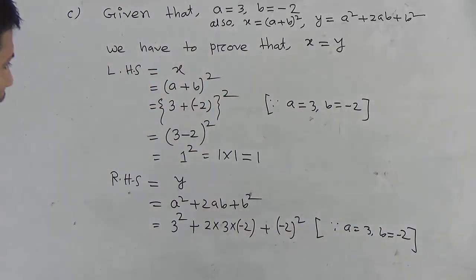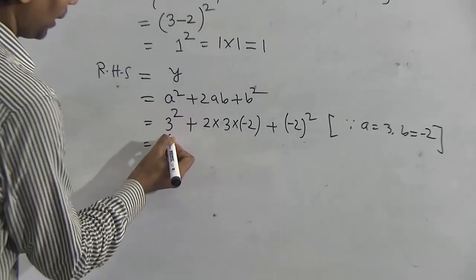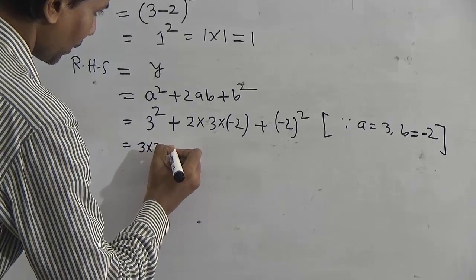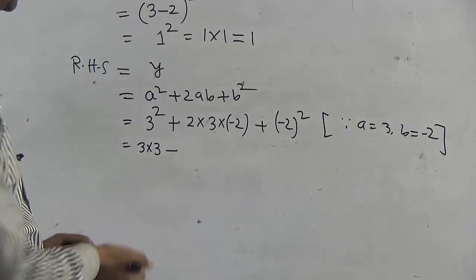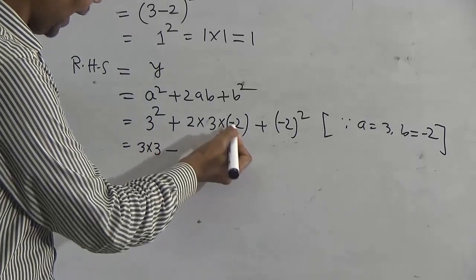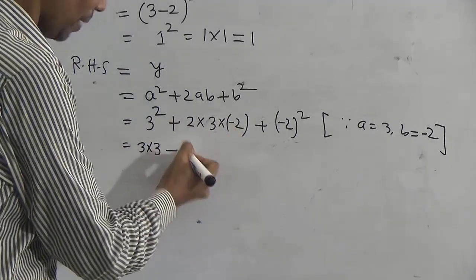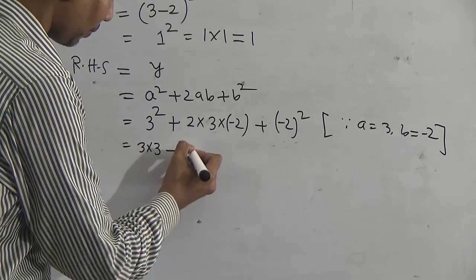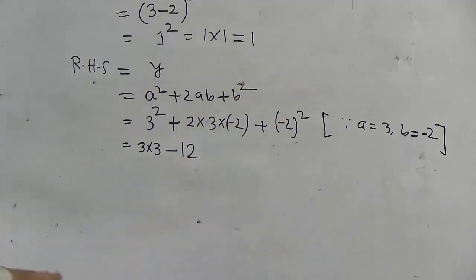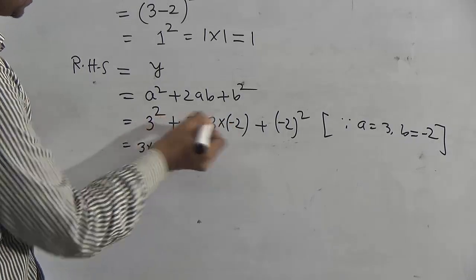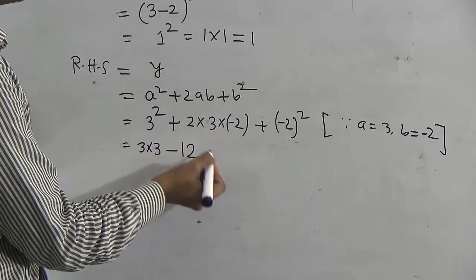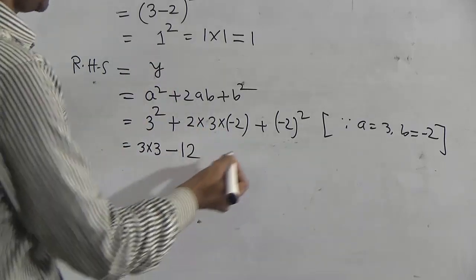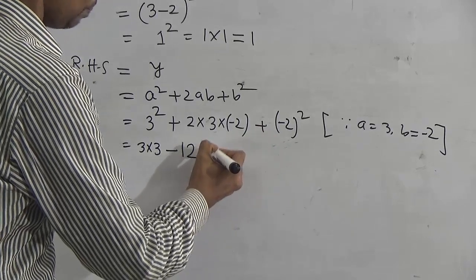Okay? Now we have to calculate. 3 square means what? That means 3 into 3. Right here 3 into 3. Okay? Now carefully observe here. Plus and minus, that means what? Minus. Now 3 twos are 6, 6 twos are 12. Okay? Again I will repeat. Plus then minus, plus minus say minus. Now only multiply 3 twos are 6 and 6 twos are 12. Okay? Plus, you give the plus sign.